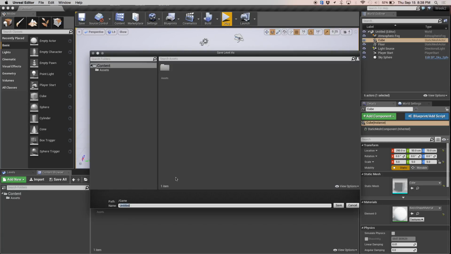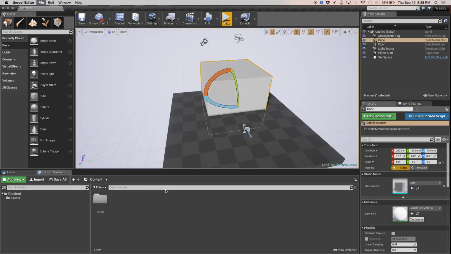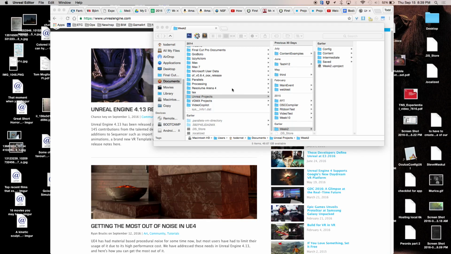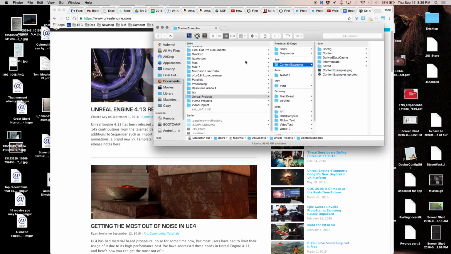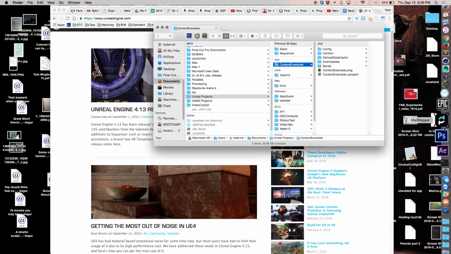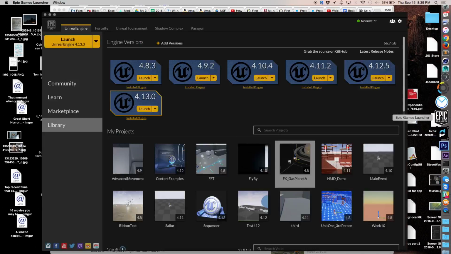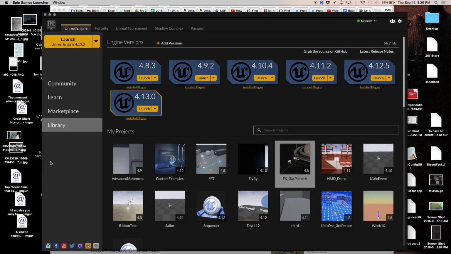I'm going to save this board by hitting Command S or Control S on a Mac or PC, and just call it demo board. And I'm going to close out of here real quick. I want to say that if you have used Unity before and you're in this transition process, if you Google Unreal for Unity developers, they have a big page on how to make that transition. It says, oh, you're used to it being called this, well, now it's called this. They really do the one-to-one correlation, so you can use that as the world slowly leaves Unity and moves to Unreal.